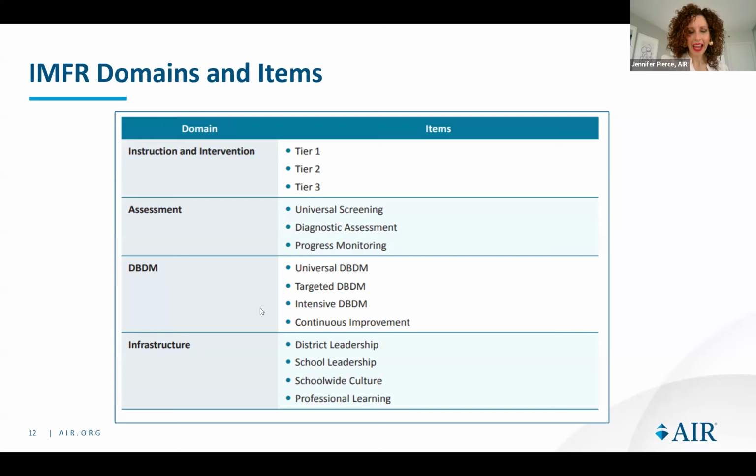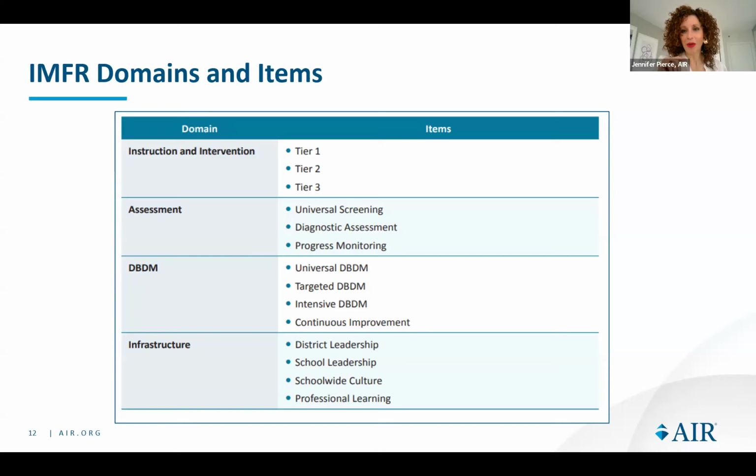Yes, absolutely. And we also include it in data-based decision-making, where as a part of the scoring process, it is actually part of the criteria for schools to be able to articulate how they involve families and partners in the data-based decision-making process, which is a stretch, by the way.